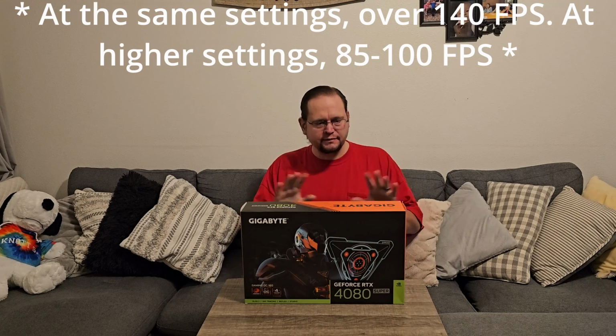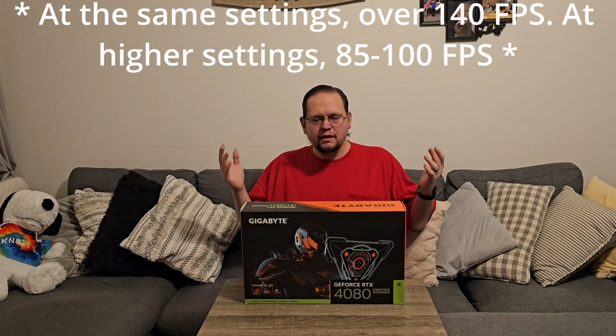This one is supposed to be much better, not only than the 6950 XT, but also NVIDIA is the company that that specific game is actually optimized for NVIDIA graphics cards. So hopefully I'll get more than 60 FPS out of it. But that aside, let's go ahead and crack this bad boy open and take a look and see what we get for our